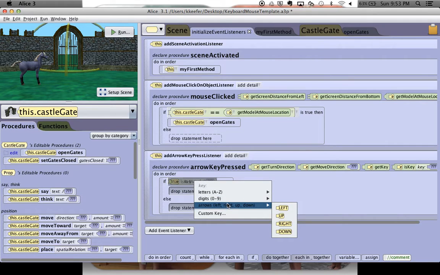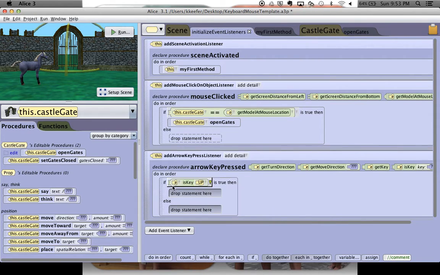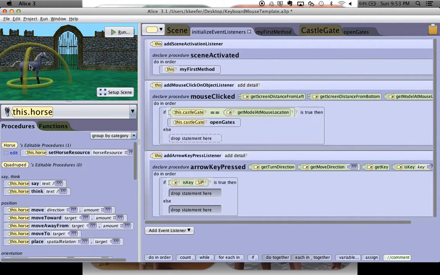And for this one, I want it to be, if it is a forward, or if it's the up arrow, then we're going to move forward. So we're going to choose if E is key up. So I got that from over here, and I put it right on top of my true, and then I selected my up arrow. Okay, and then what we want to happen is we're going to click on our horse,